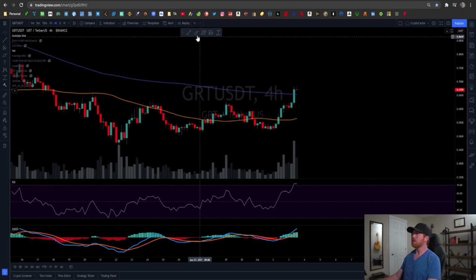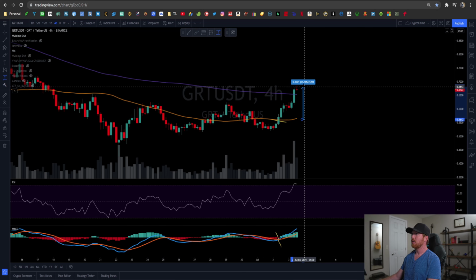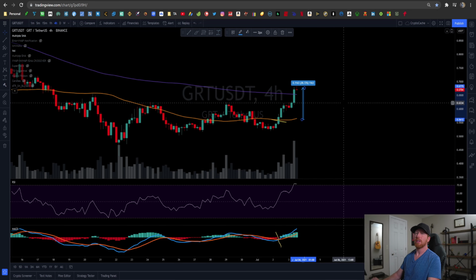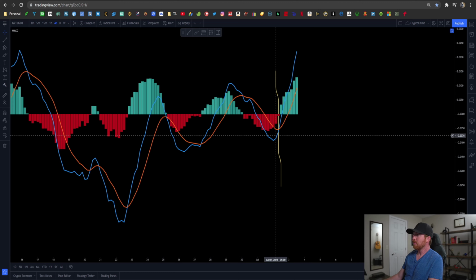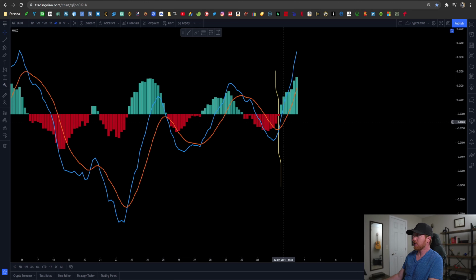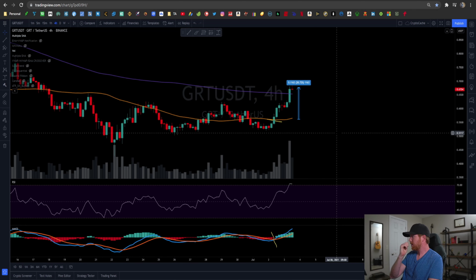So something to note on the 4-hour chart, if you see this little line right here, that put us approximately right here. As soon as the price broke up over the 50-day moving average, we saw it continue to increase. So that's something to be mindful of. If you're a swing trader, always bear in mind that when you have price action that is converging, so to speak, you get the convergence on the MACD. That's this guy right here. So as soon as the price action comes up, the 12 intersects with the 26 on the MACD, that is a cause for significant consideration of taking entry.